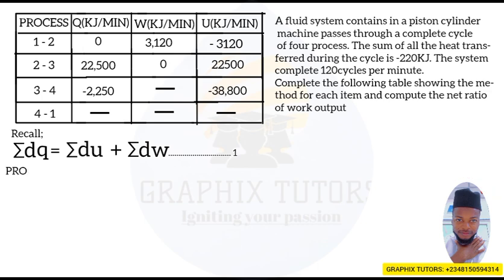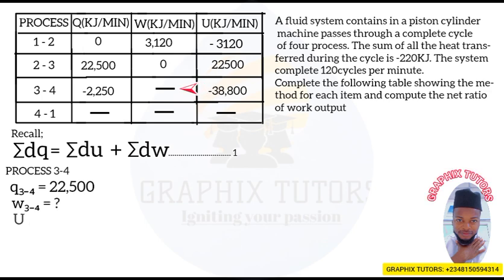From process 3 to 4, that is when the system moves from state 3 to 4. So we say that the heat transferred from state 3 to 4 is equal to, you can see on the table, negative 2,250 kilojoule per minute, right? So there's heat rejected from the system. That's why the negative is there. And the work done from state 3 to 4 is unknown. And the internal energy from state 3 to 4 is giving us negative